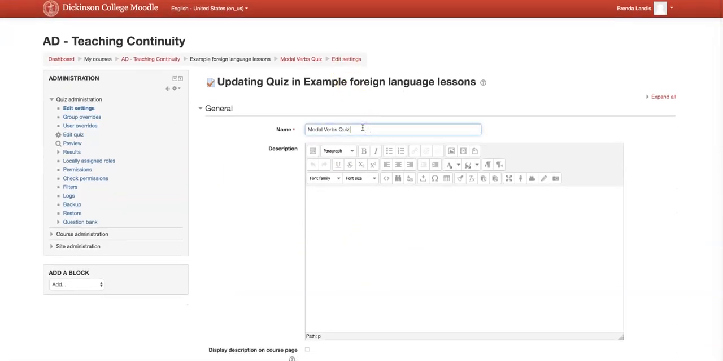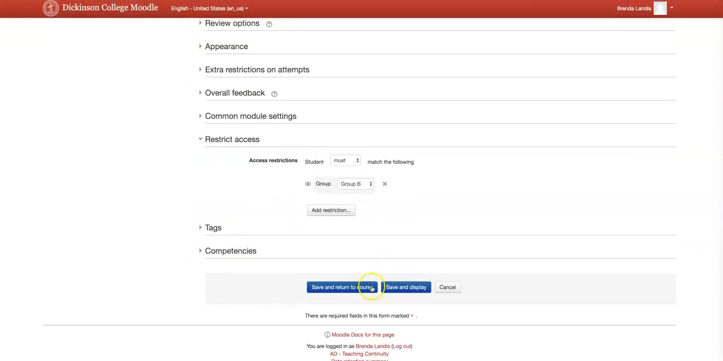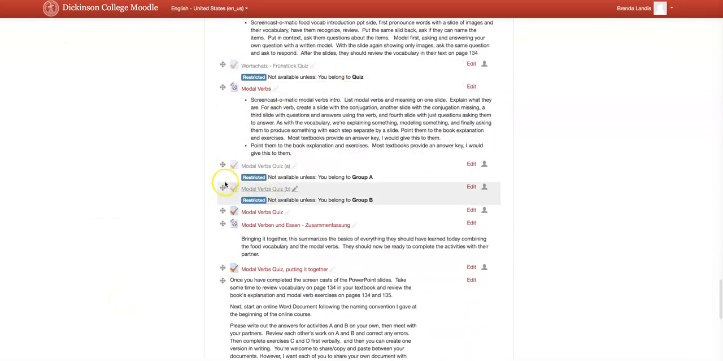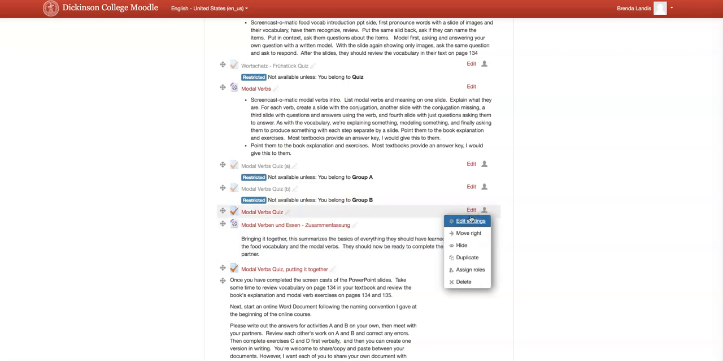Again, if I wanted to give that naming convention in it. But as you can see, you don't necessarily have to put this in here, because if you have set everything up, when you go back to your course, it's going to give you that information, although other folks won't see it in the course. You can see modal verbs quiz A belongs to A, this one belongs to B. So you don't necessarily have to have it in the title, but you can make the adjustment if you want to. But you can easily see here that this one is restricted to group A, this one is restricted to group B. And then finally, on this one, I could edit settings,